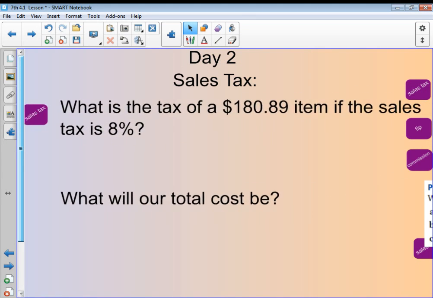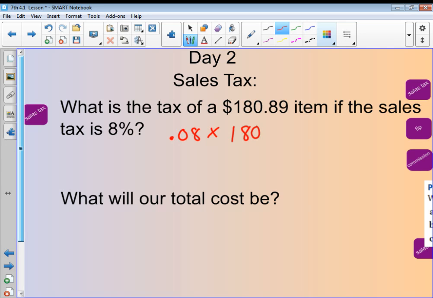Okay, so here's our next one. It says, what is the tax of a $189.89 item if the sales tax is, once again, 8%? So we want to figure out 8%, so 0.08 times $180.89. I'm going to punch it in on my calculator the way that I see it. So 0.08, remembering to change our percent to its decimal form, times 180.89. And when I do that, this is what I see on my calculator,